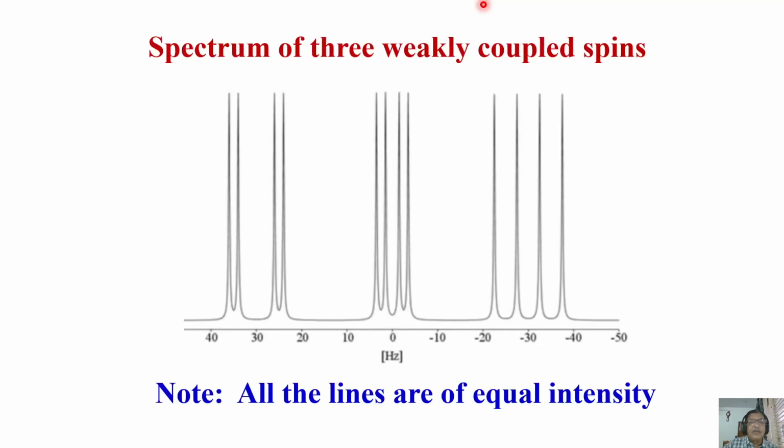We have A, M, and X. All three we understood. This is a coupled spin system. In the previous example, with 3 spins, I call them A, M, and X. A is coupled to M, A is also coupled to X. M is coupled to A, M is coupled to X. X is coupled to M, X is also coupled to A. So these are all a coupled spin system. It's a group of spins where coupling can be there among all of them.